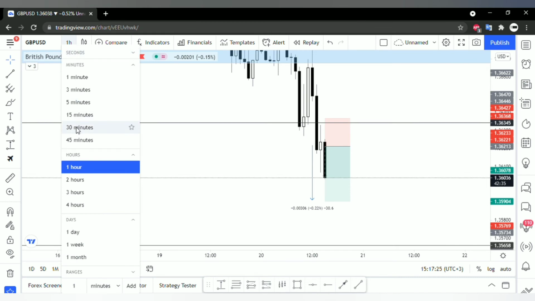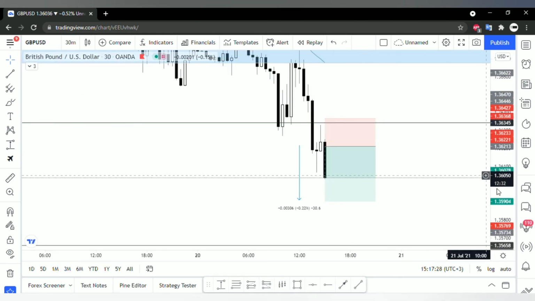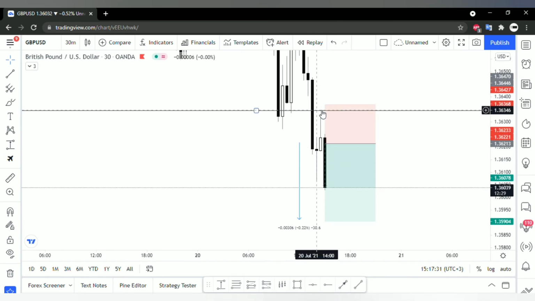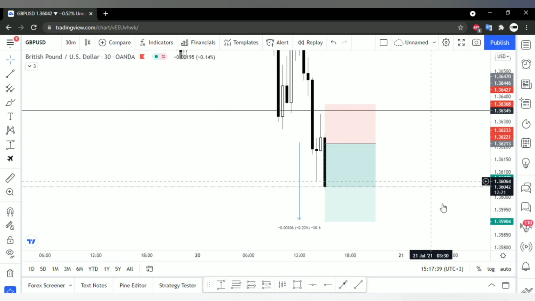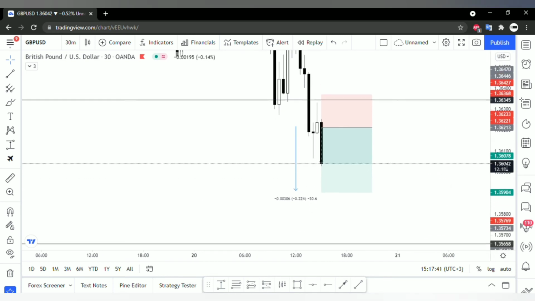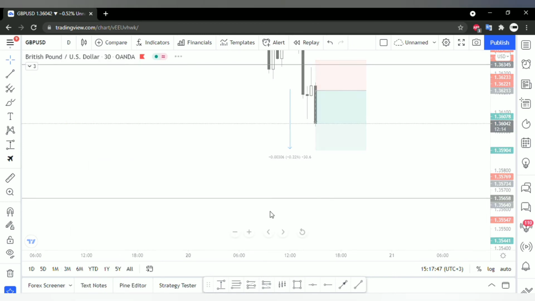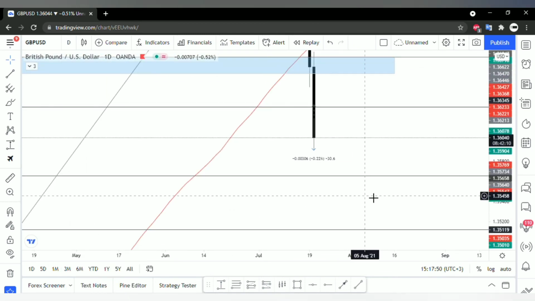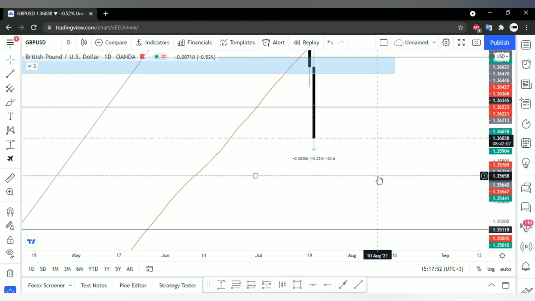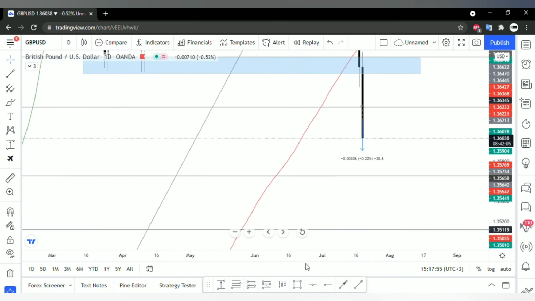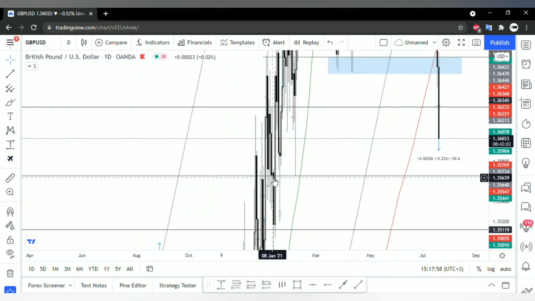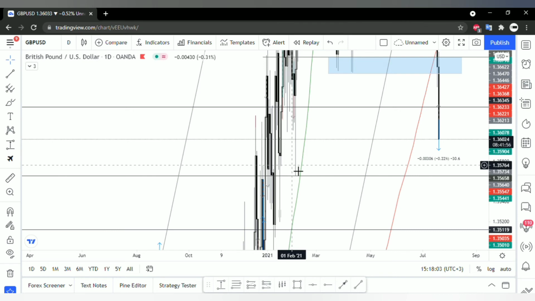When you look at the 30-minute time frame, you will see that the market has actually broken below this particular level, has tried to retest but has formed another bearish hammer. So this indicates more of a continuation, and we'll continue to see what the market does. In my anticipation, I see the market retesting this particular area, which is level 1.3565, because that particular structure has been retested multiple times. It could start with this area, level